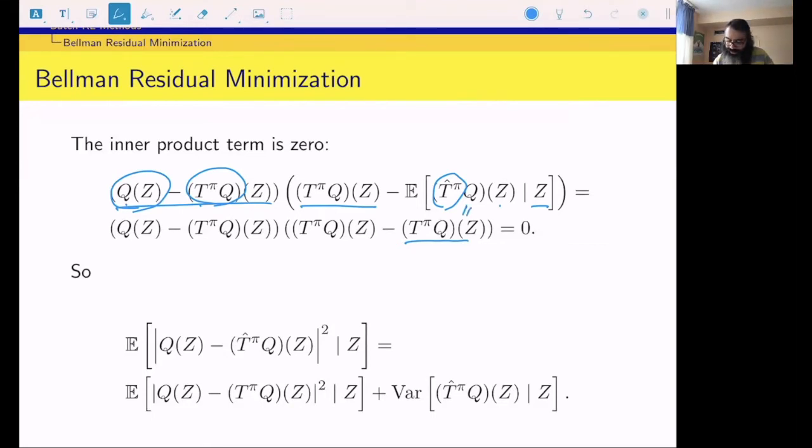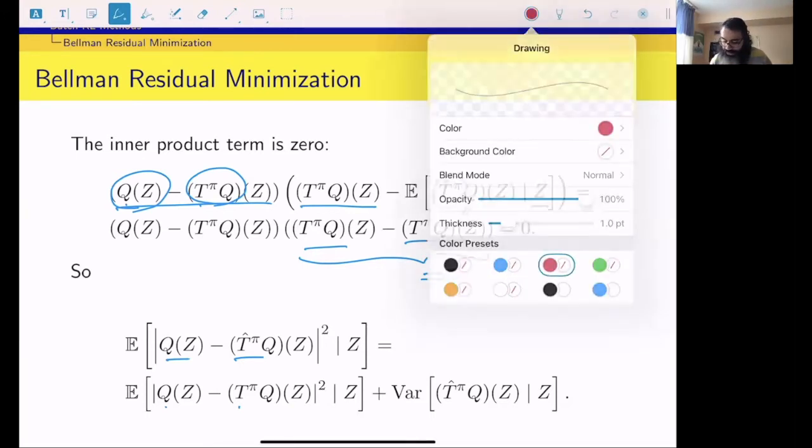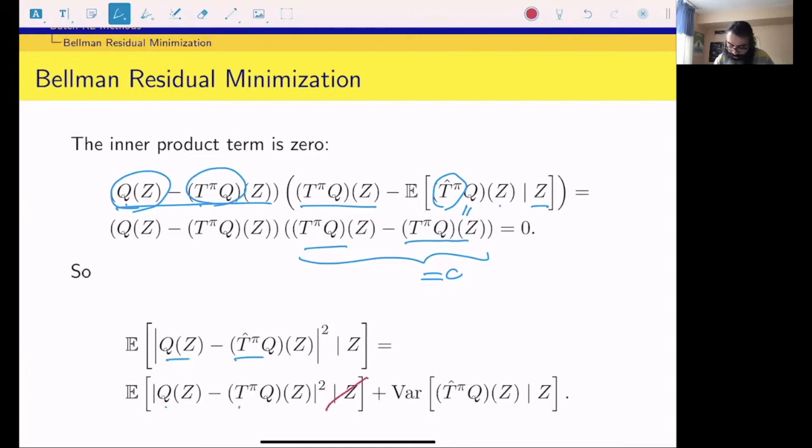So these terms would become the same. So we see that we have T pi Q minus T pi Q, so this whole term would be 0. So this inner product, the whole inner product becomes 0. So what I get here is the expectation of Q minus T hat pi of Q, conditioned on z, would be the expectation of this Q minus T pi of Q. And actually, we don't need this expectation because there is no randomness here. So this is not incorrect, but I can remove it. So there's no expectation, just the squared value of it,